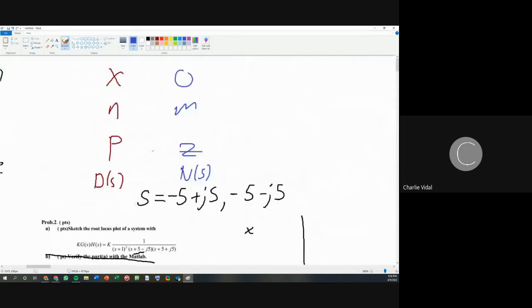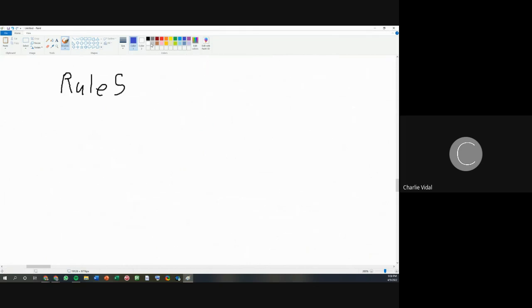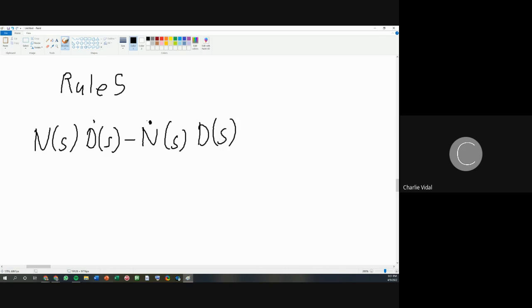NS are the zeros, and DS are the X's. So what you have to do is use this formula: NS times D dot S, minus N dot S times DS. With that being said,